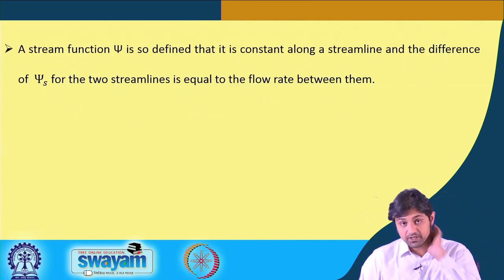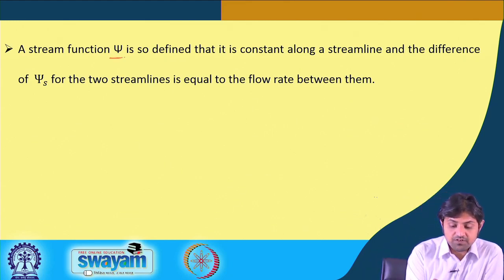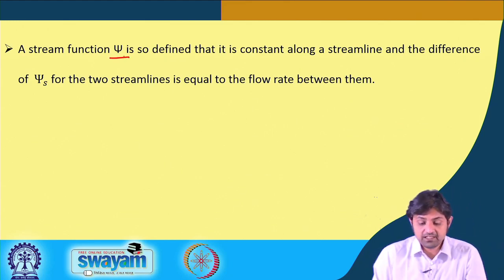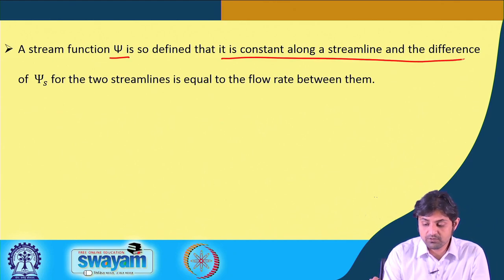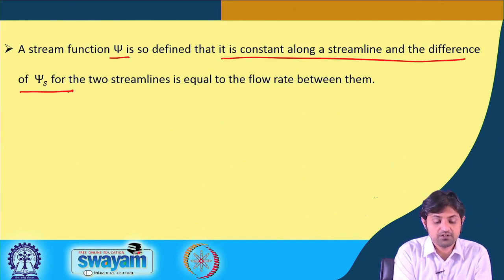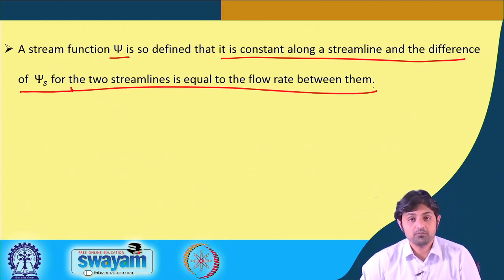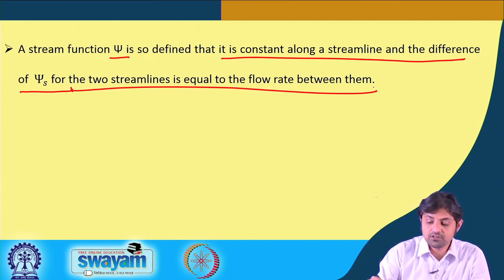Okay. So based on that, a stream function phi is defined so that it is constant along a streamline, and the difference of this function for the two streamlines is equal to the flow rate between them. This is an important definition. We will have a lecture on viscous fluid flow where we will be deriving everything from scratch, from the equation of continuity to the Navier-Stokes equation along with these streamlines. We are going to prove this there, but for now,